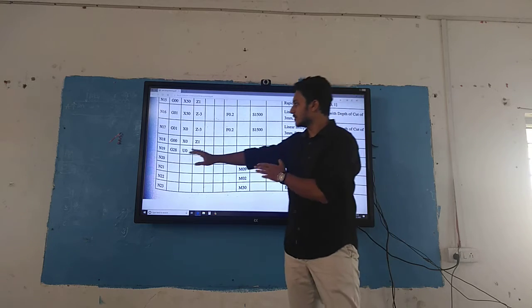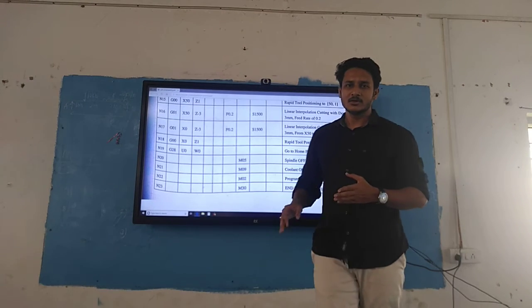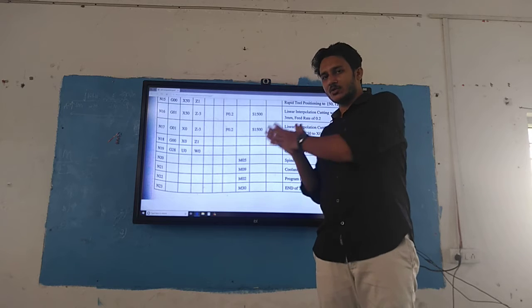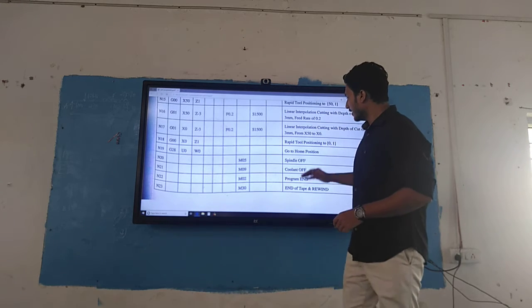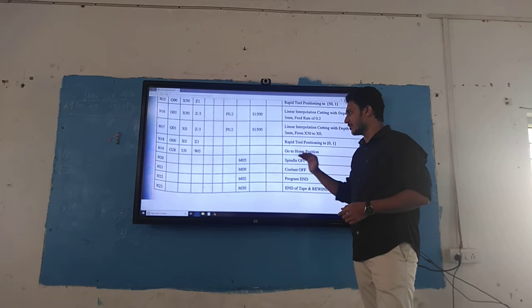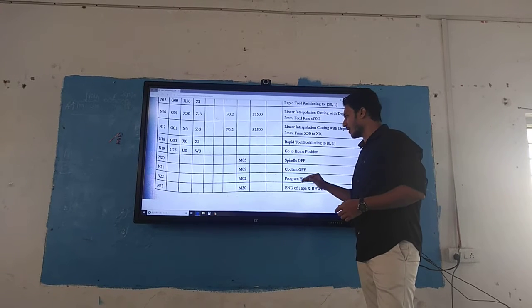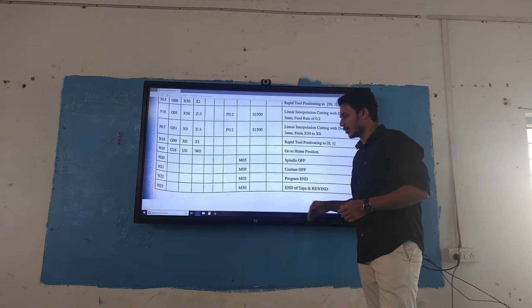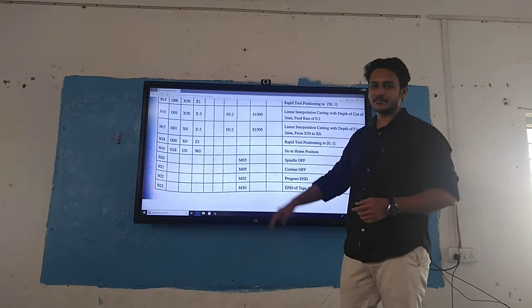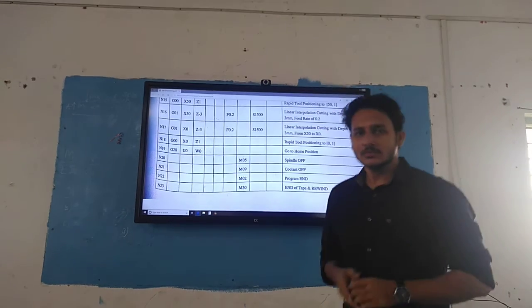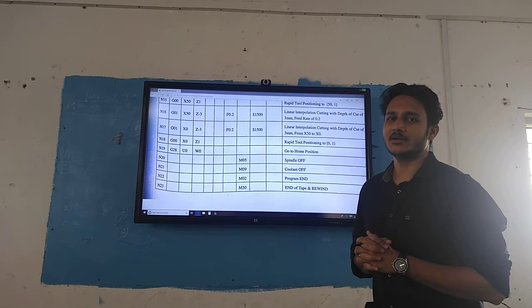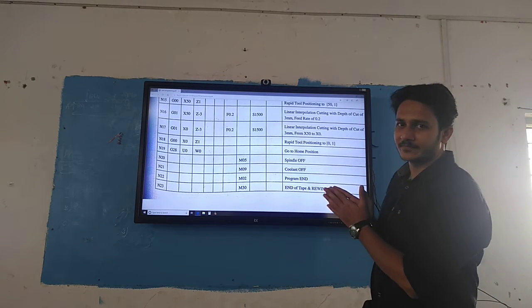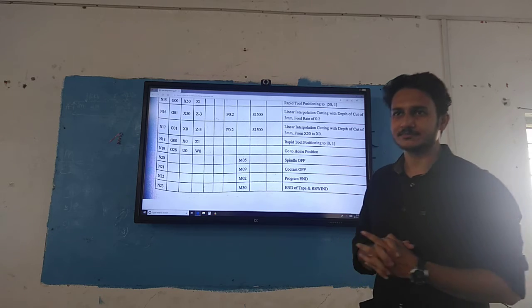So I am going to use G28 and U0 and W0, its original position. It is going back to its home position. Then I need to turn off my spindle with M05, coolant off with M09, program end with M02, and end of the day M30. So this is how you have to write down the part programming. This is for the facing operation.